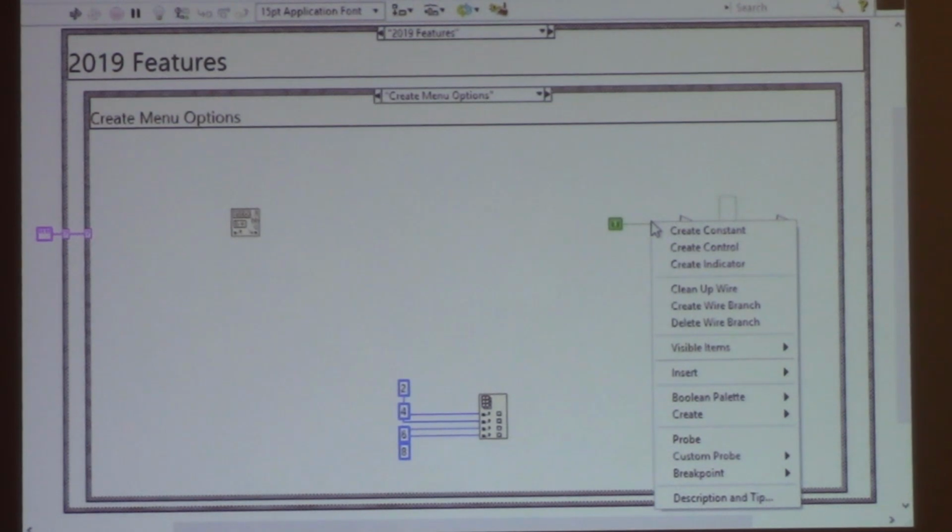Some people gave it some time, they're like, okay, you're right, I can get used to this. But I got some other people saying, no, I want cleanup wire at the top. And so I thought about that, and I was like, no, you don't want cleanup wire at the top, you just don't like change. Because,